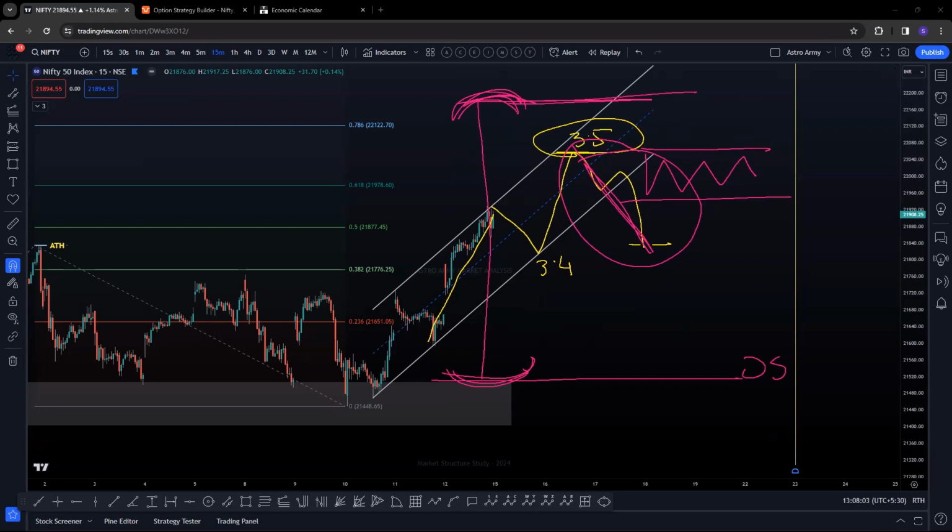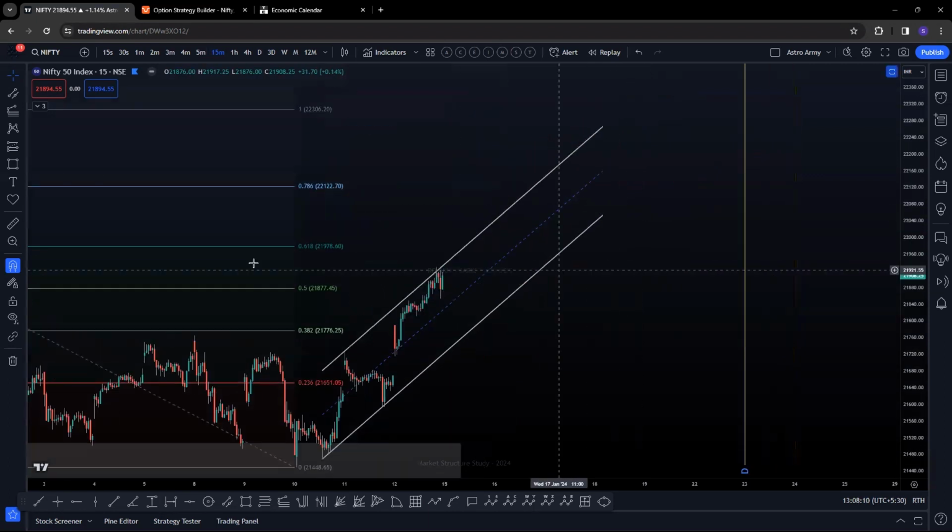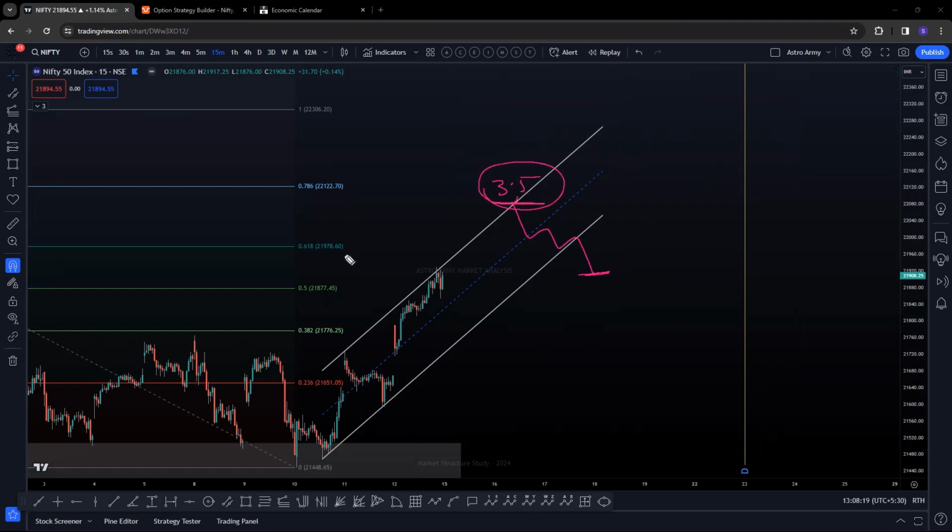Now, again, I'm telling you, I'm not teaching you how to trade. I'm just sharing an idea which I have. Okay. Now, only and only if 3.5 is completed, we can look for a fourth wave setup. Very important. Only and only if 3.5 is completed. If you take trades prematurely in the market in a wave 3, again, let me repeat, you never short a wave 3. You will get wiped out. So only and only if 3.5 is completed, you can look for a wave 4 setup.